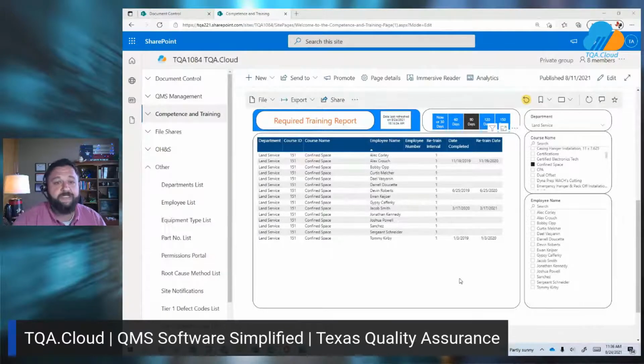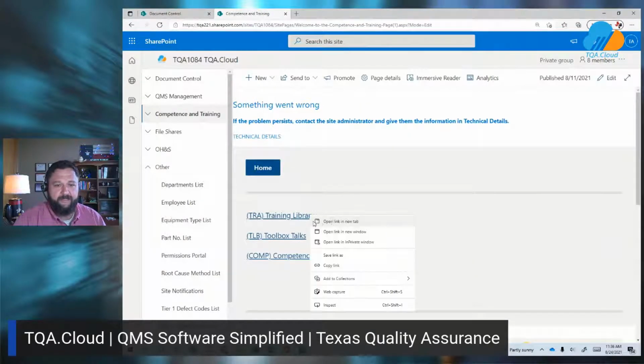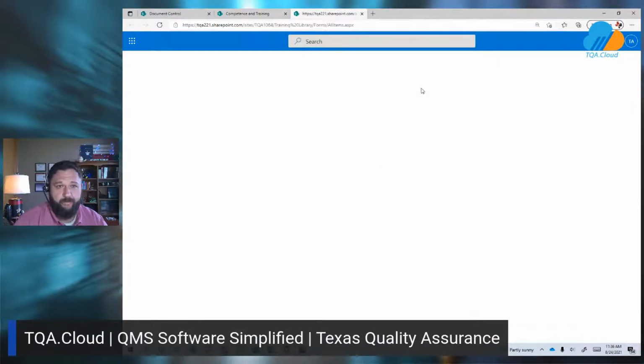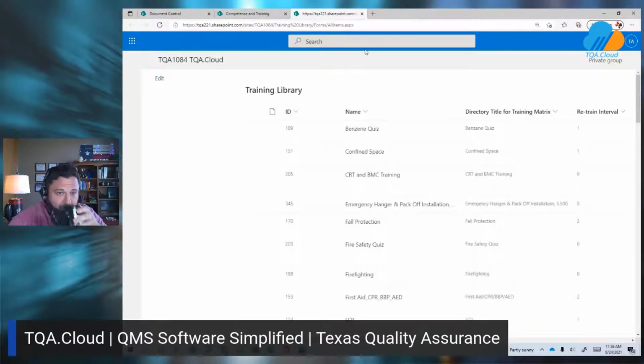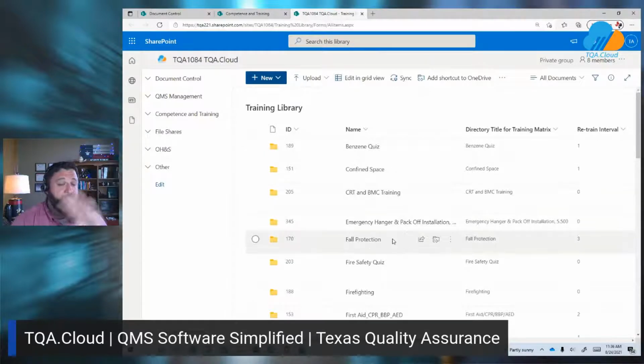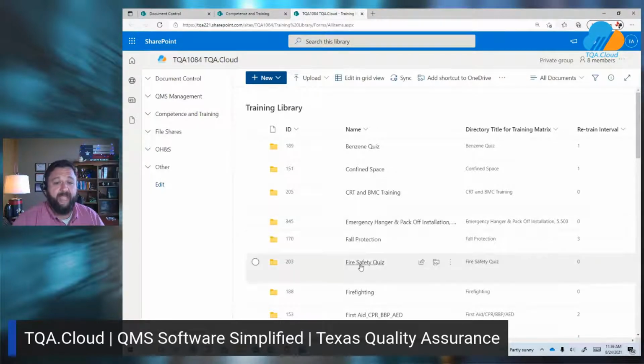All right, so let's take a look a little bit at how this operates. So let's go over here to our training library. All right, so our training library holds what we call competence directories. Now, within this competence directory, you can add as much or as little as necessary. So we know that some of these trainings are going to be based on existing process procedures.